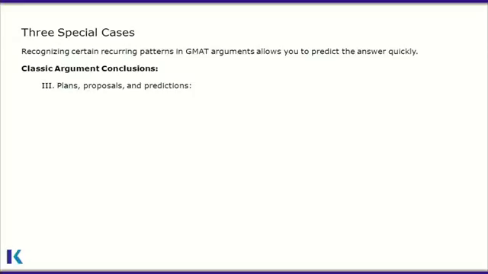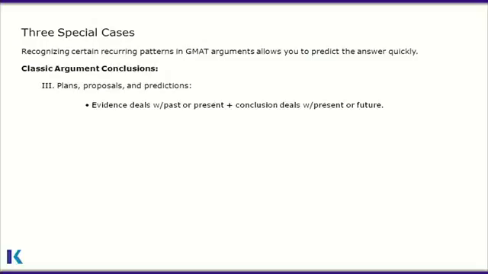A GMAT critical reasoning argument stimulus often contains some sort of plan, proposal, or prediction. To identify these, look for language that deals with something that is expected to happen, rather than having a conclusion based on something already done. Anytime the conclusion centers around a plan, a proposal, or a prediction, either the evidence is going to talk about